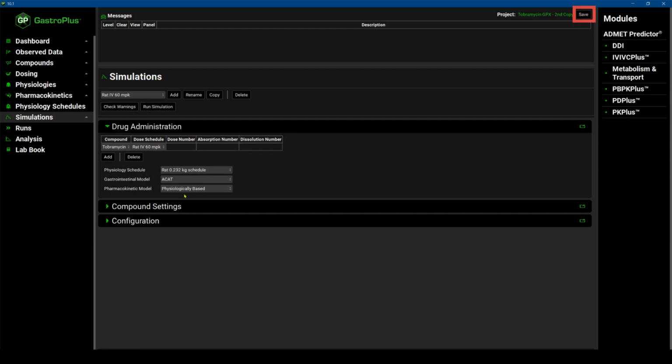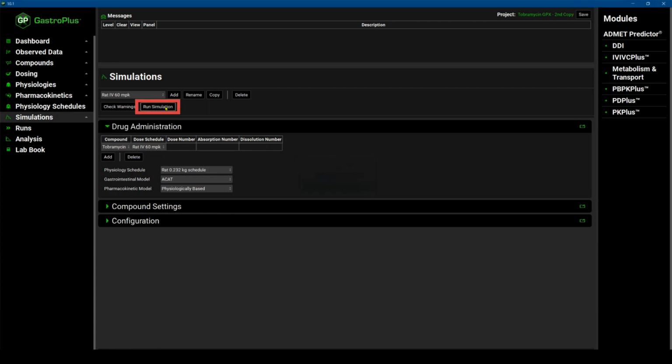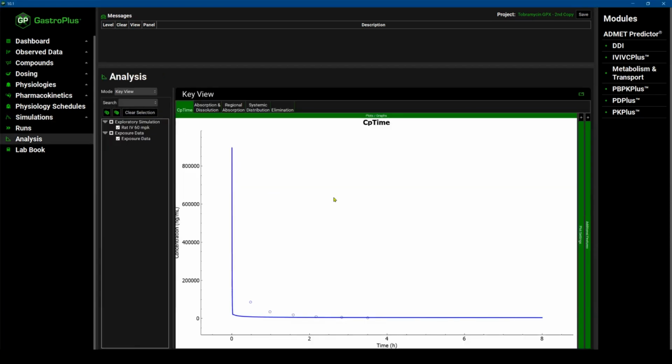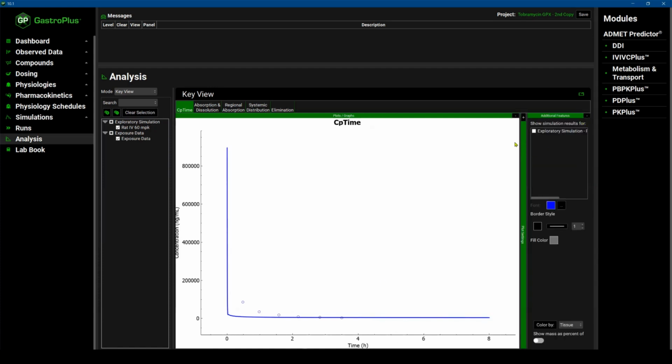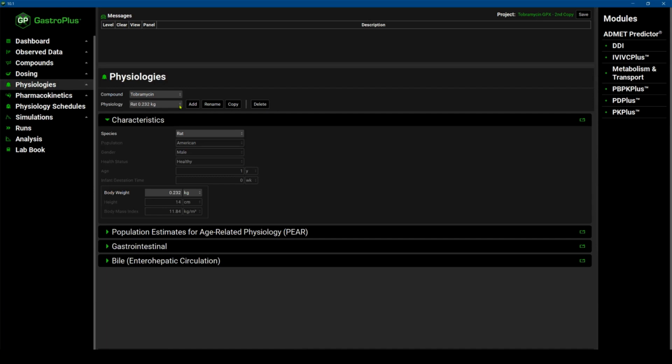So once I set up everything for this record, for this simulation, I can now run simulation to check if everything looks okay. So as you can see, there is really not a good match with perfusion limited tissue model. And for this reason, we know that permeability limited tissue model is probably a better choice. So we will go now back to rat, and we will use the second